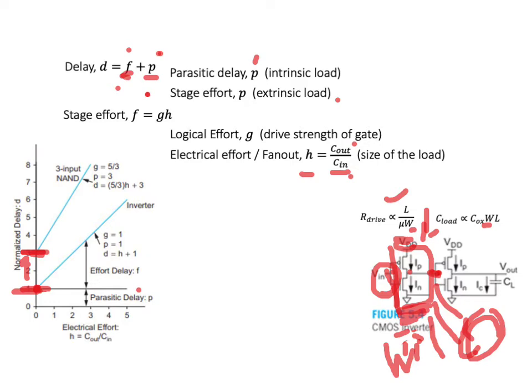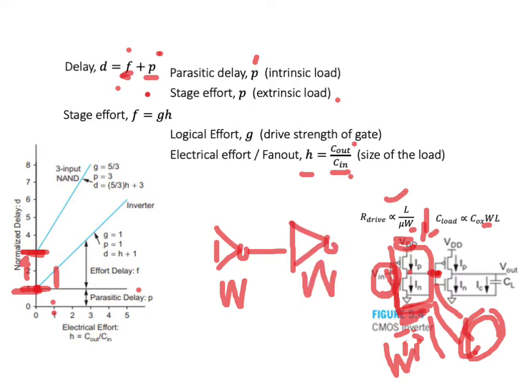So what does H equals 1 indicate? H equals 1 indicates the delay it takes for a gate of a particular size W to drive a similar gate of size W. If we are talking about NOT gates, H equals 1 means, for a particular size W, and it doesn't need to be minimum size, it could be 5 times or 100 times the minimum size, this is the incremental delay needed to drive a load that is equivalent to its own input capacitance.